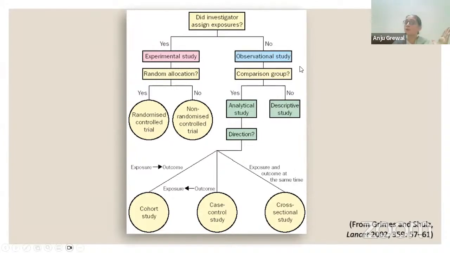And do you want to compare? If you do not want to compare because you just found a particular rare occurrence, like a very fit athlete falling across a banana peel, it could be a case report, a case series, or a descriptive study would fit into that. Or else, if you want to compare it with some kind of matched control, then it would be labeled as an analytical study.